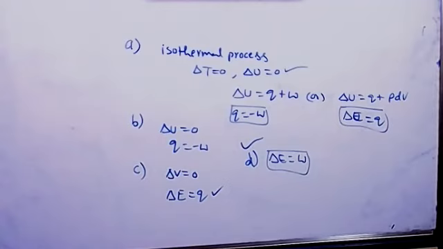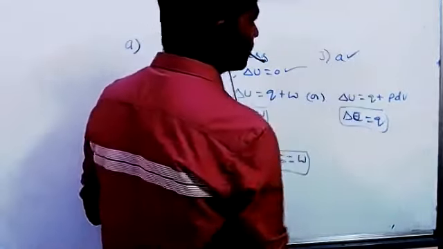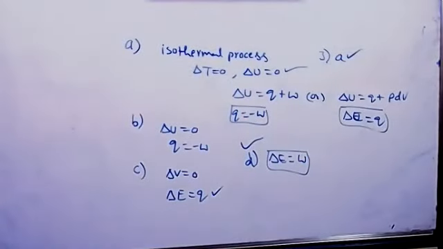C is system emits heat and no work is done on it. So because of this, its internal energy decreases. Option D, system absorbed heat and work is done by it. Okay, it absorbed heat and work is done by it, so it is doing work. Here also equal. 100 kilojoule of heat is absorbed. Equal amount of work is done by the system. Then no internal energy change. So only option A is correct. It is absorbing heat and also work is done on it. That's why its internal energy increases.